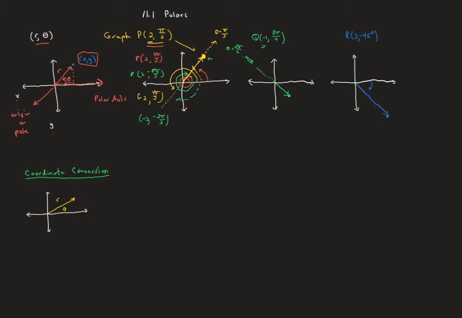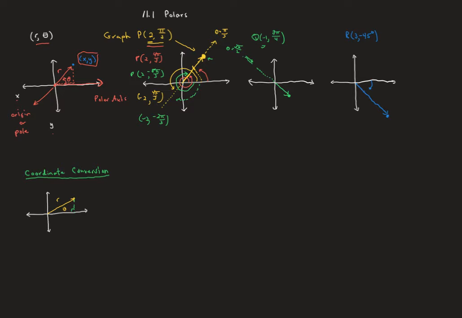Okay, so let's talk about coordinate conversion. So I have here an xy axis, and a lot of times we will draw our polar coordinates, or we're going to get to equations and curves here in not too long, we'll still draw them with an xy axis as well. So this r and theta lend themselves very well to what we have seen before in our trig days. If we drop the perpendicular, we create that